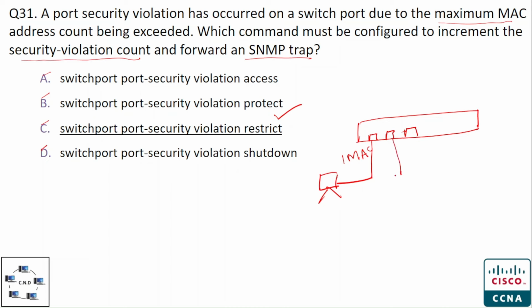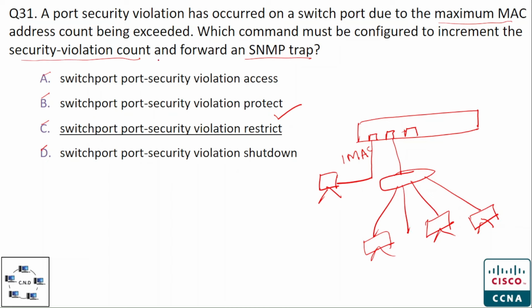If a user installs a hub and connects multiple devices, this is device 1, this is device 2. Since we have configured the security mechanism so that only one MAC address can be learned, anytime a new device is connected,